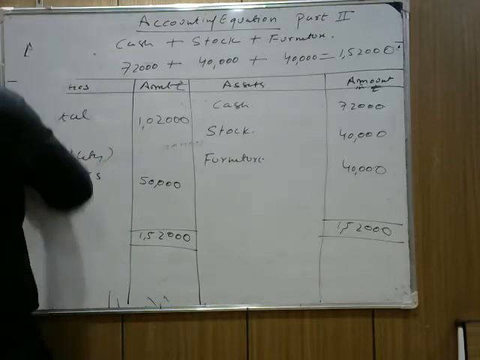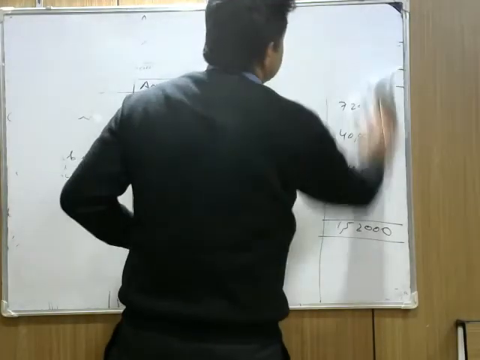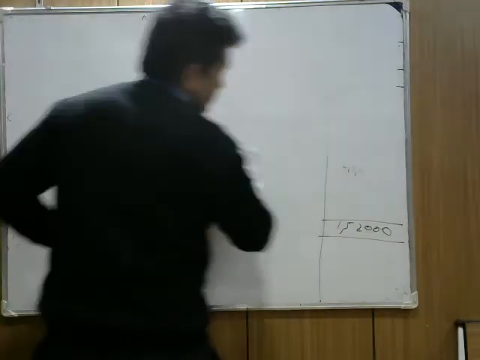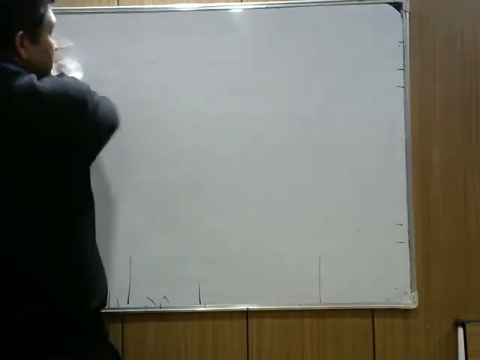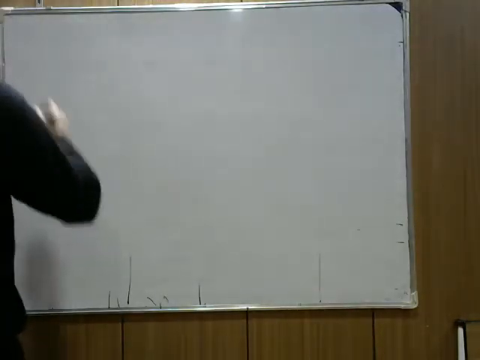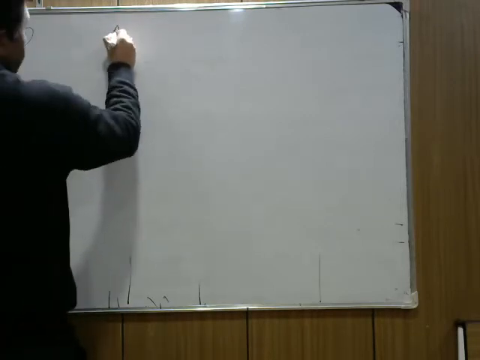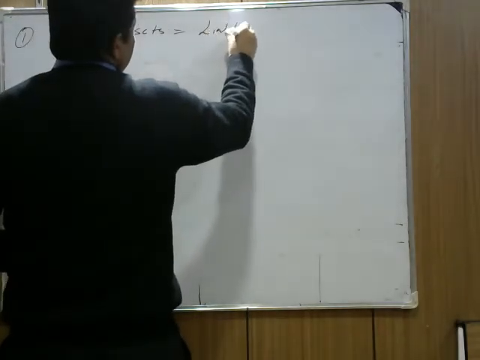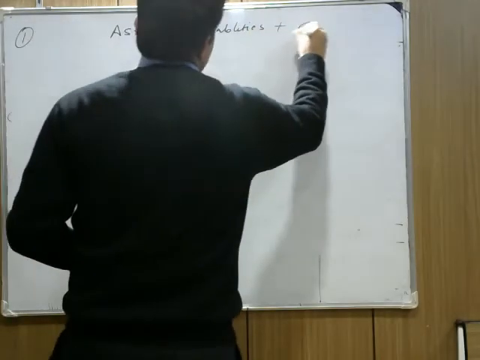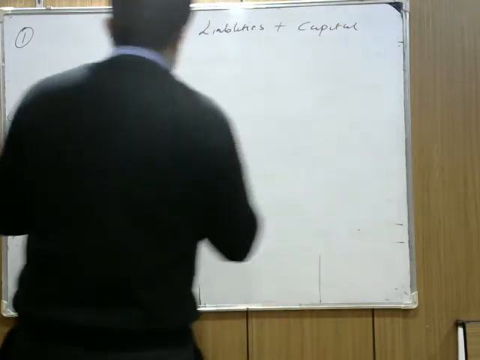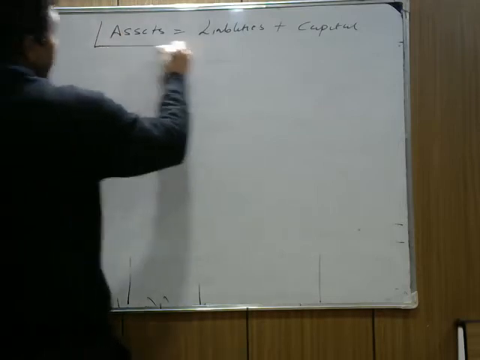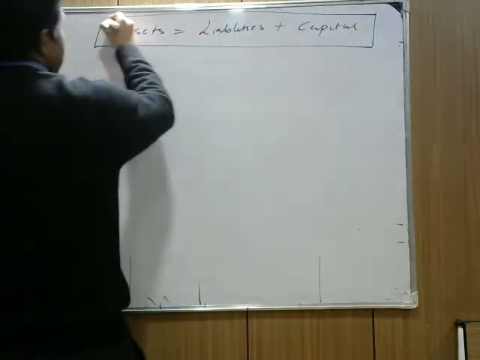Now, moving further, I give you some basic accounting terminology and accounting formulas which are useful to understand business transactions. First, you learn about the accounting equation: assets is equal to liabilities plus capital. You understand this? How we prepare it, how we prove it. This is the first accounting equation: asset is equal to liability plus capital.